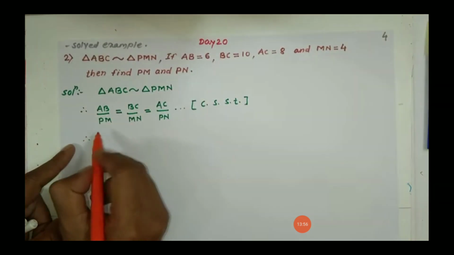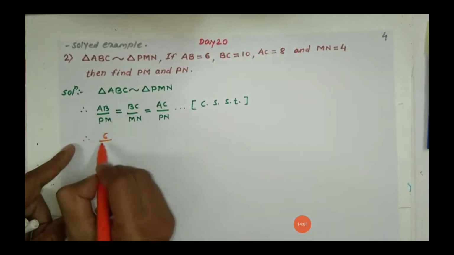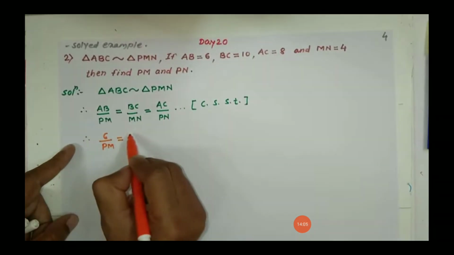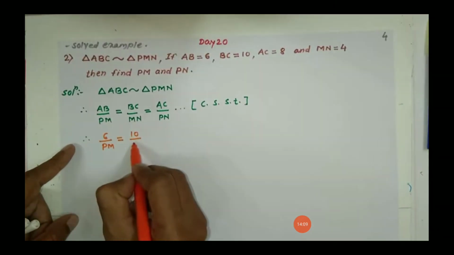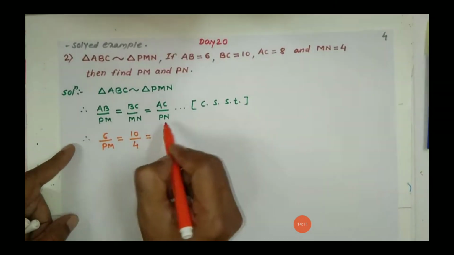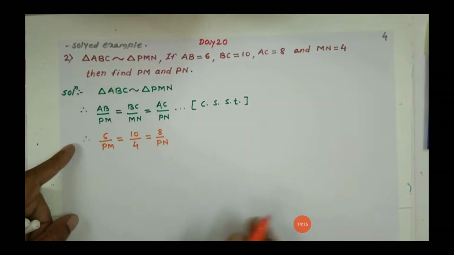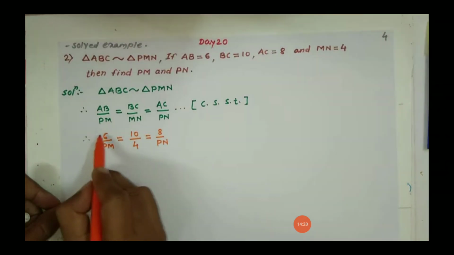AB is 6, so I am writing here 6 upon PM, the value of PM we have to find out, is equal to BC. BC is 10 and MN is given, it is 4, so I am writing here 4. AC is 8 and upon PN. So now we are going to find out PM from the first